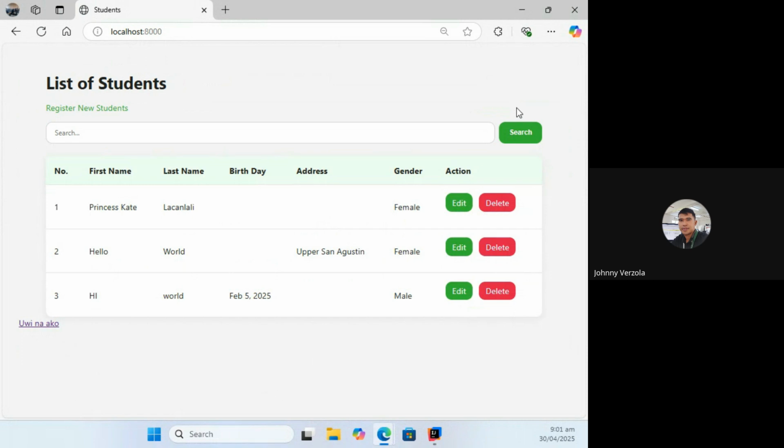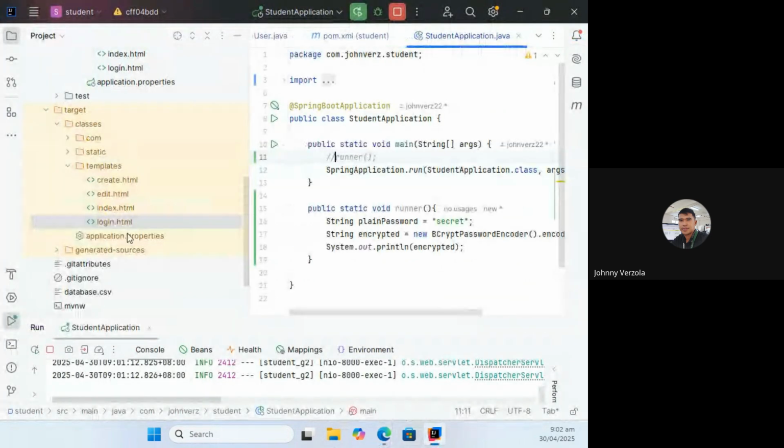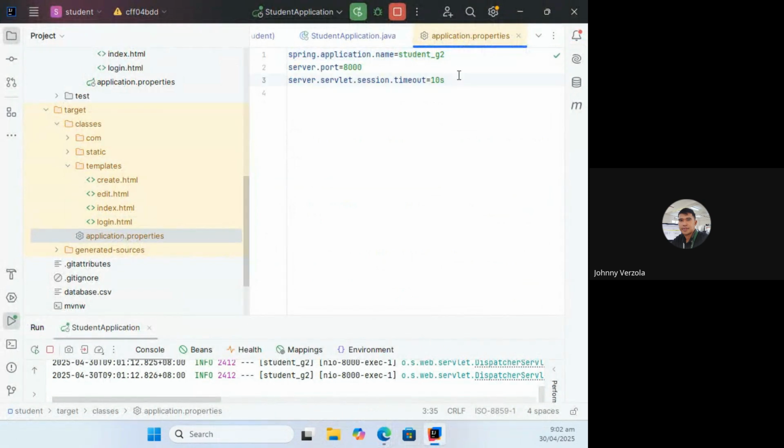And as you can see, this is only 10 seconds. Let me count. 10 seconds session expiry. 1, 2, 3, 4, 5, 6, 7, 8, 9, 10, 11, 12, 13, 14, 15. Refresh. I'm trying to demonstrate this to you. It's just 10 seconds. My counting was probably too fast. Once it exceeds 10 seconds, it redirects you to login again because your session has expired.